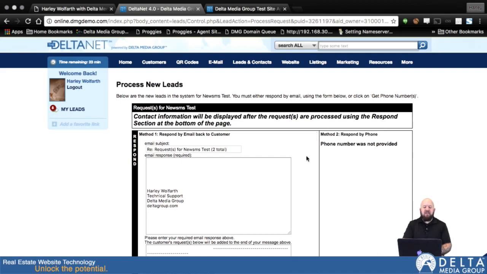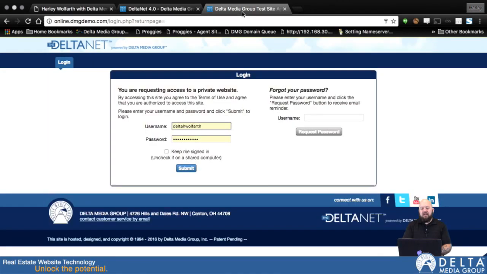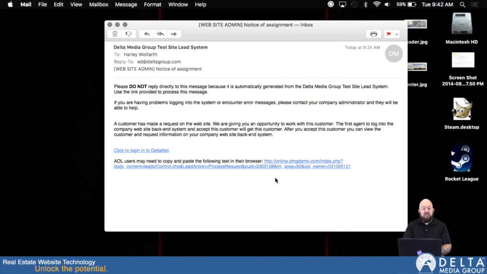So if you receive a broadcast lead, you'll actually get an email, and you can set it up to get a text message notification also, that'll have a link on it that says a lead has come in through the website and we're giving you an opportunity to work on this customer. Click here to log into the DeltaNet. In fact, here's what the email looks like. So you should get an email that looks similar to this. Do not reply to this message directly, and click here to log into the DeltaNet. So if I click here,